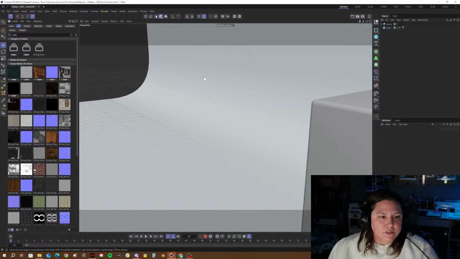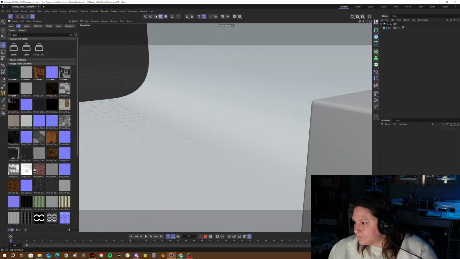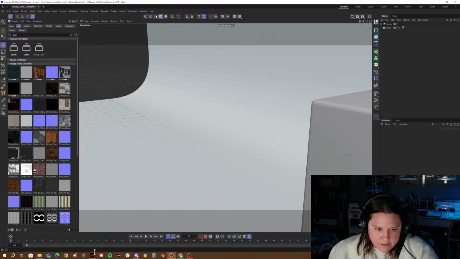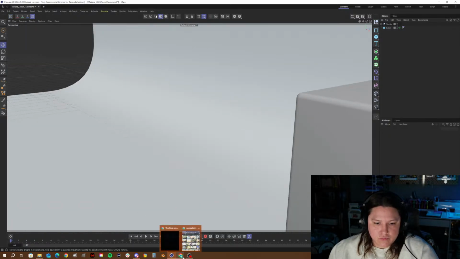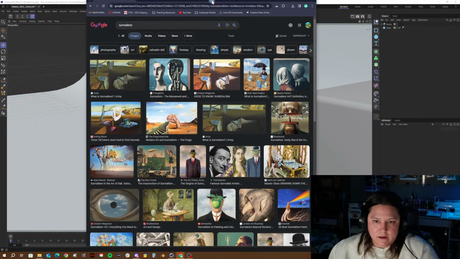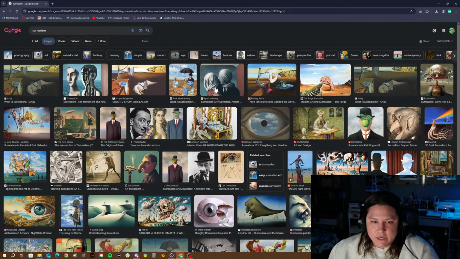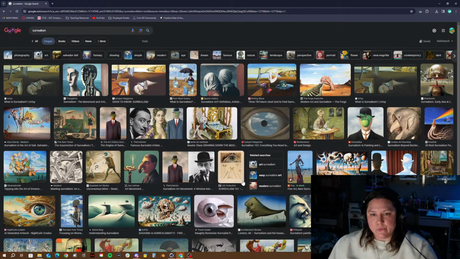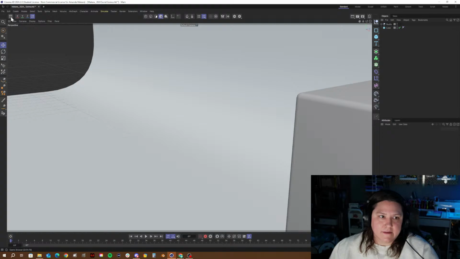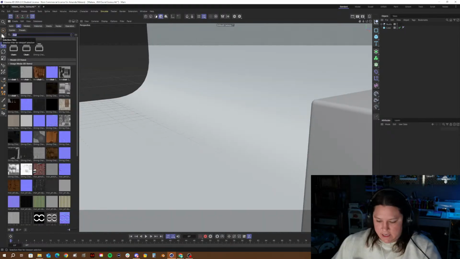And then, with our surreal scene, the biggest thing to think about, let me close this out of the way. Let me do this. Where's this one? Right here. We're going to start looking for some objects that we can find in there. And, you know, because we're limited on what we can do with those objects, we have to think in terms of how can we make them surrealistic? So the biggest example from the past is if you have a human,